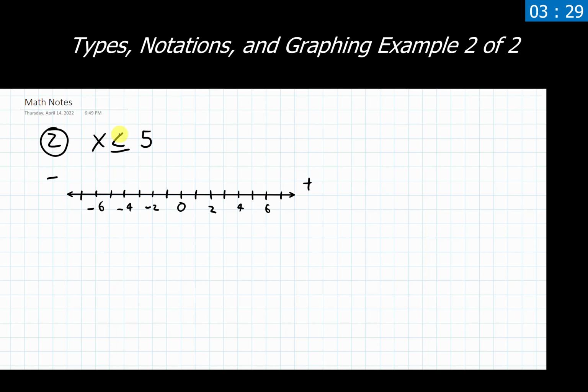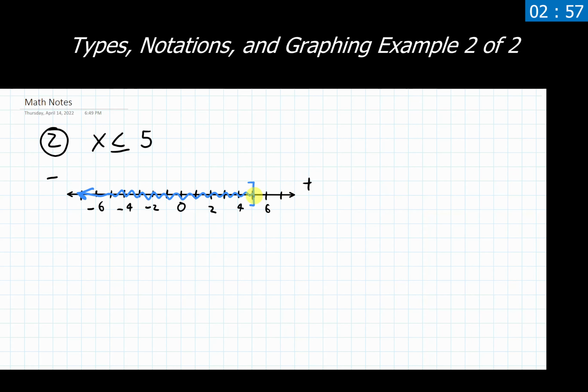We've been told that x is less than or equal to 5. So I need to find where 5 is on my number line, right over here. And I'm including all x values that are less than or equal to that. So that tells me the "or equal to" means I'm going to have a bracket. And not only that, I'm going to have a bracket facing to the left. I'm going to have everything that is smaller than positive 5, so it's everything to the left here.